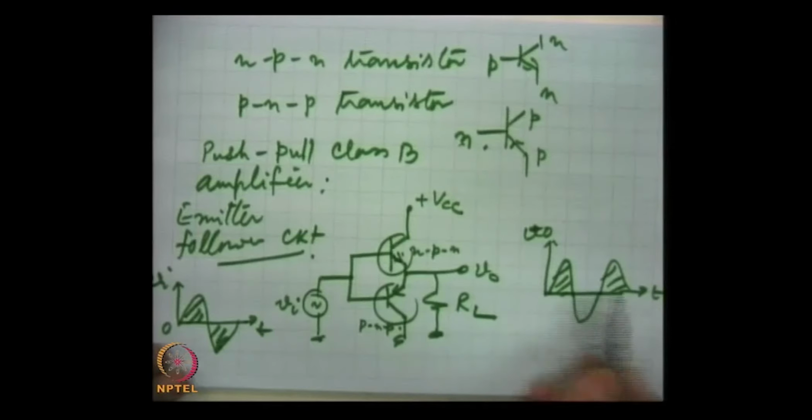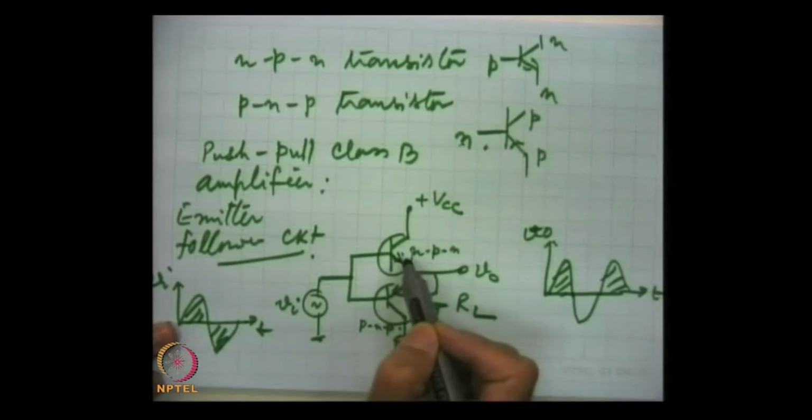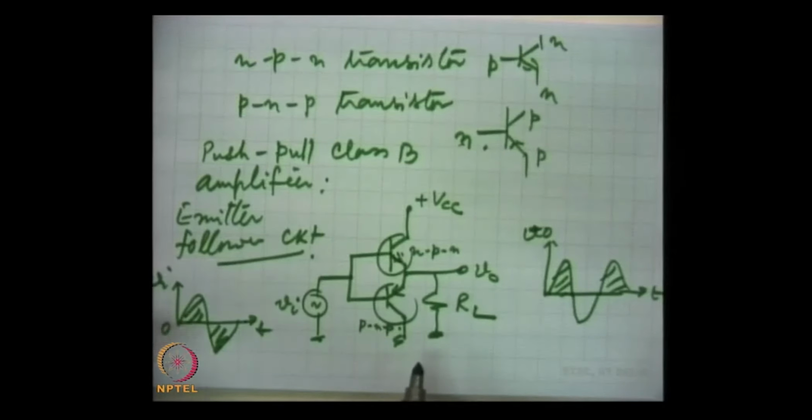We modify the circuit, use push-pull connection and make use of two transistors, and they give this complete output, because the upper half will forward bias the NPN transistor and the lower half will forward bias the PNP transistor, and hence we will get complete waveforms. We are continuing with the analysis of this, but before that we should see that